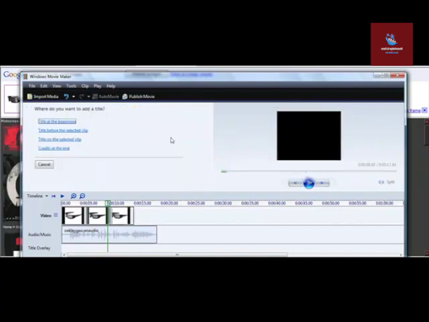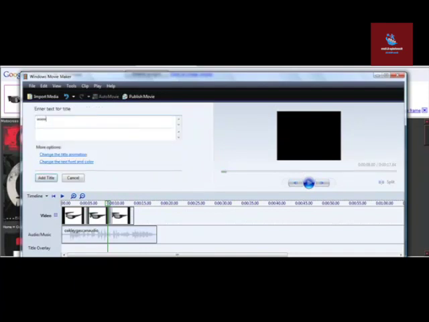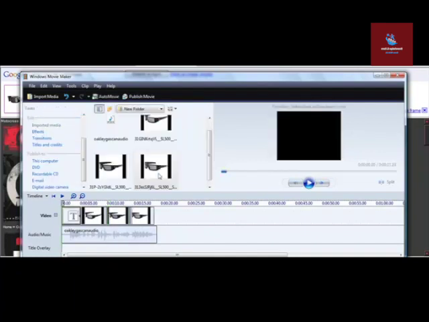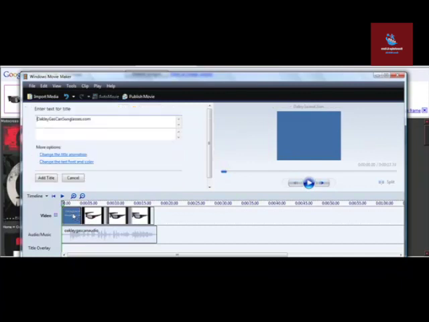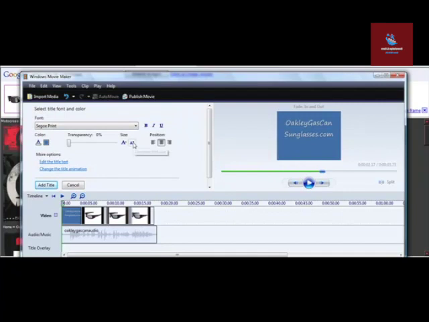Once it pulls up, simply choose title at the beginning and enter your text, which will usually be just your domain name. And then click on Add Title. Now you can come right over here to the title and double click on it, and you could change the text font if you wanted to. Like if you want to make the font smaller so it shows up a little bit better, you could do that. And if you want to change what the font looks like,